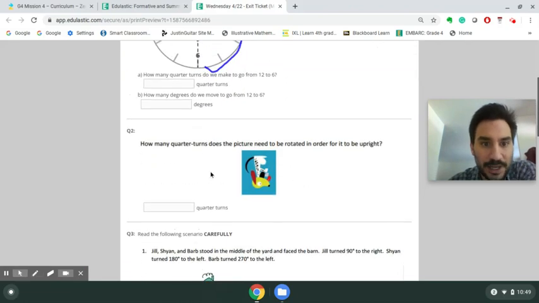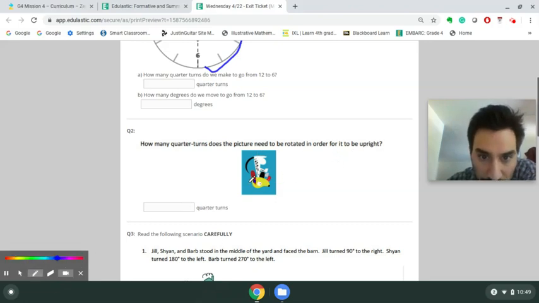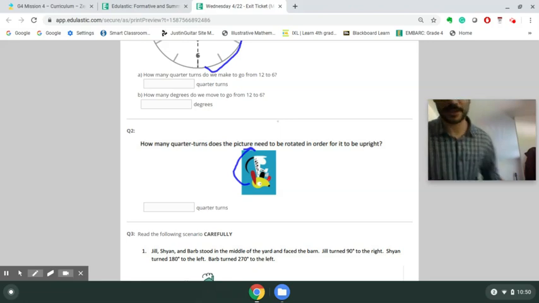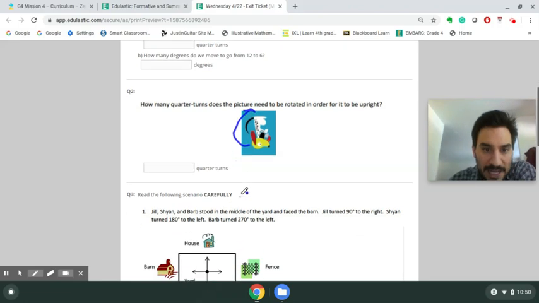The second question, how many quarter turns does a picture need to be rotated in order for it to be upright? So you're turning this little doggo around so he faces up. He's turning in the opposite direction. When I turn in the opposite direction, how many degrees did I turn? Think about that. If you have to check my video, go back and double check. Last but not least,